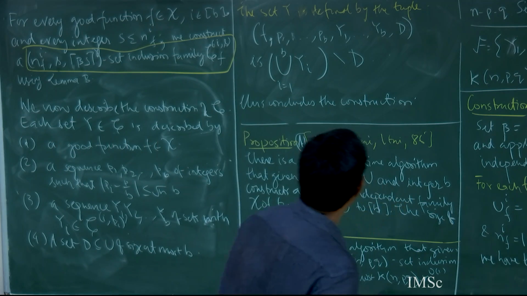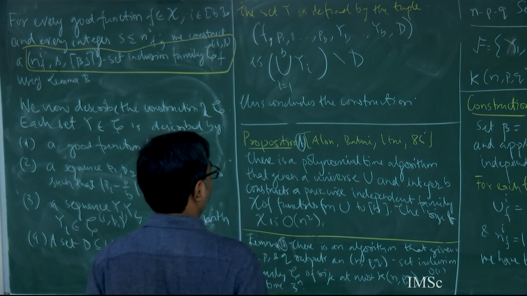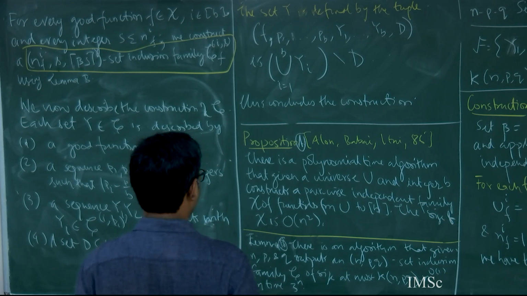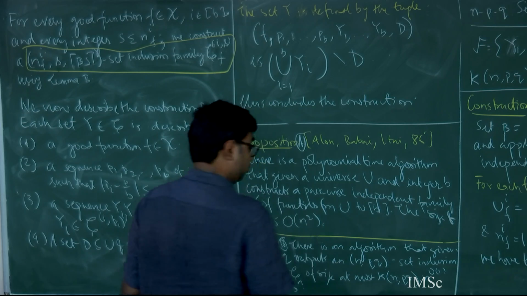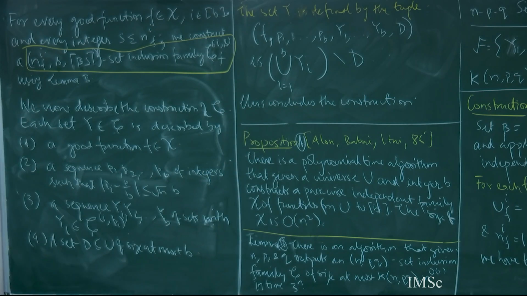Okay. Now, there are several questions. So, this is my construction. There are two things to consider: first of all, why it's correct, what's the running time, and what's the size. So first, let's analyze the running time of this construction. And then we will worry about the size of this family.